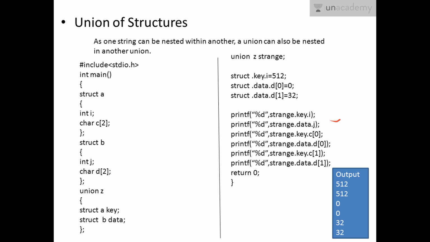For data of j as well, we get 5 and 2, because this j value, whatever we have given in B, is in union Z. The key value and data value will be the same all the time.